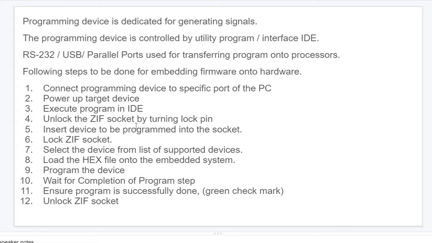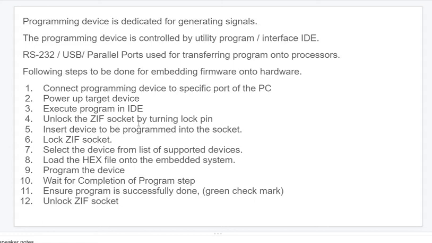Fourth, unlock the ZIF socket by turning the lock pin. ZIF means zero insertion force. That means we don't need to apply any force; the device should connect that easily. We should unlock the ZIF socket because the programmer who used it earlier will have locked it after his usage.